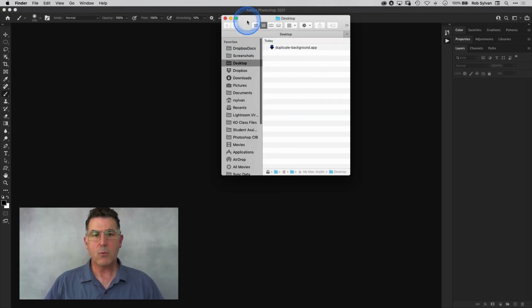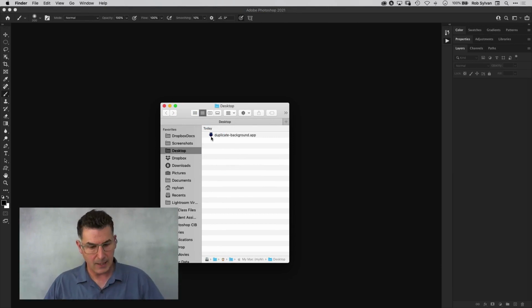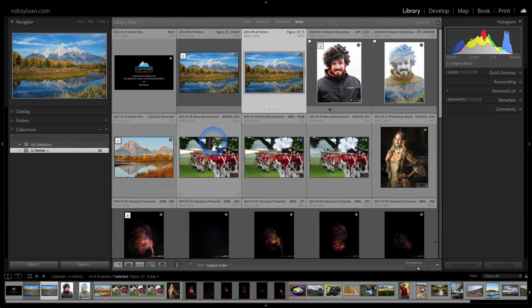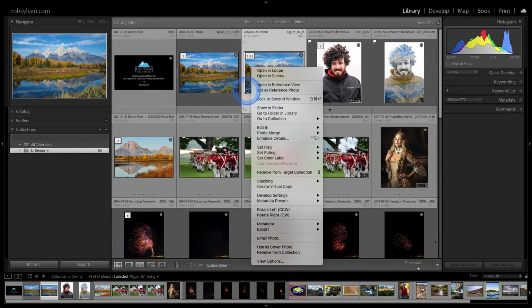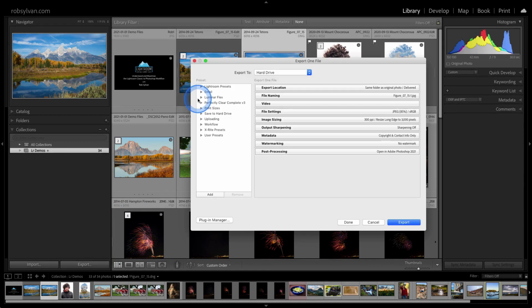So the way a droplet works is you can just drag and drop a photo onto it and it will run the action. The way you can tie that into Lightroom Classic is in the export dialog. So let's say instead of sending that file over via that edit in menu, I wanted to speed up that process and have it play that droplet as part of the process. If I select my original RAW file here and click export, on the export dialog, I can configure all the same file settings that we saw inside that additional and external editor preference panel,